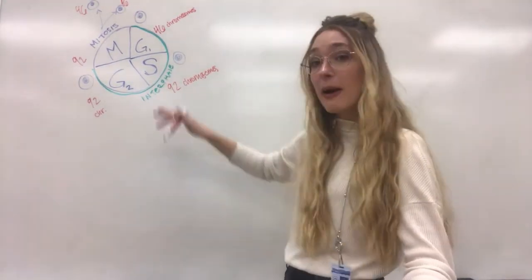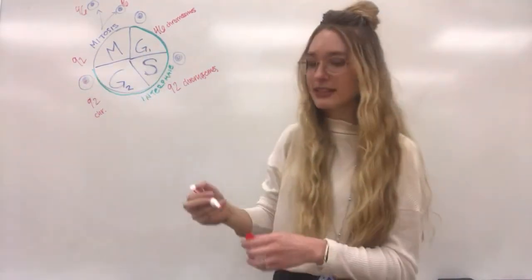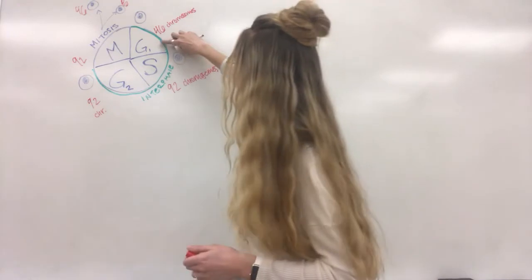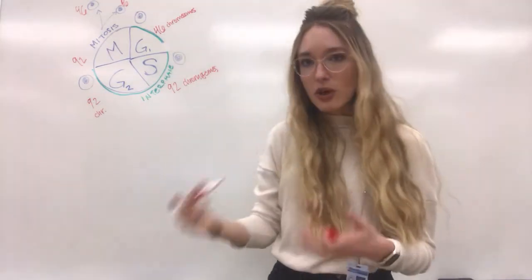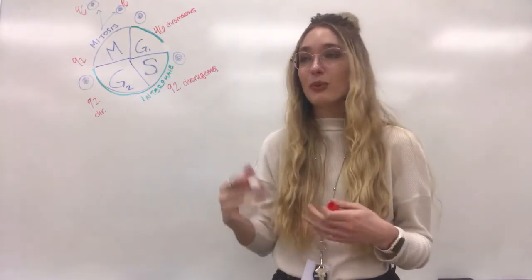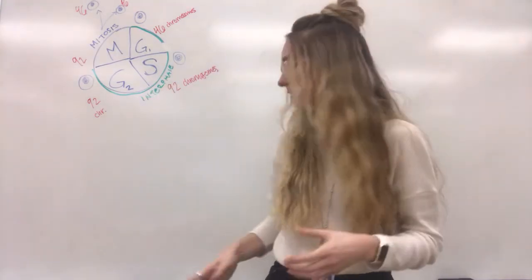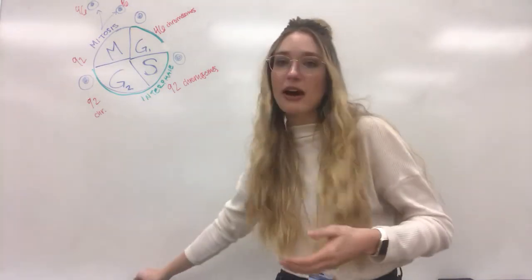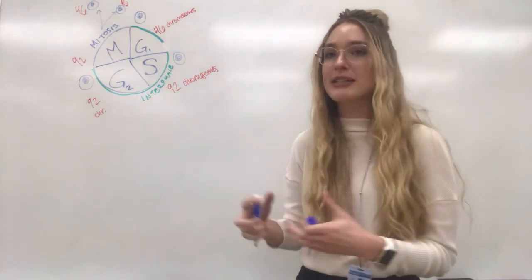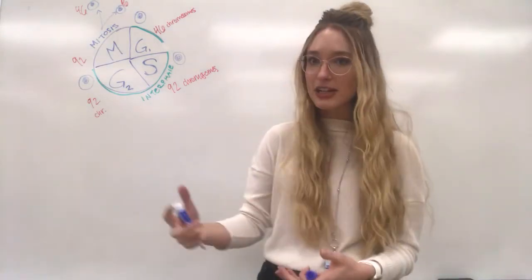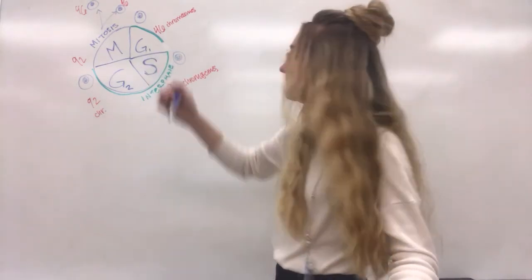So let's talk about mitosis now that we have solidified our understanding of the cell cycle. There's one piece I didn't say that we talked about in class. Some cells don't divide. Some cells just exist as a single cell and will never make more of themselves. A great example of that is brain cells. You're born with a lot of brain cells, and you actually prune those brain cells back to make connections more efficient as you age. So if you exit the cell cycle and you are a cell that is not dividing,